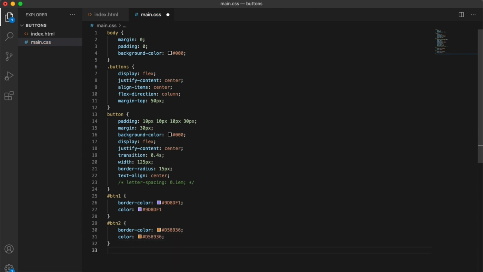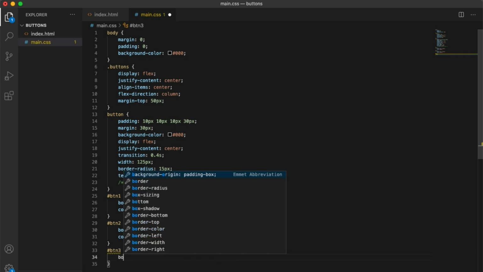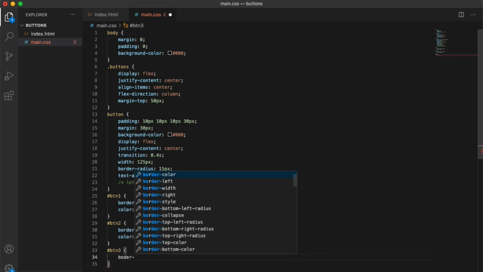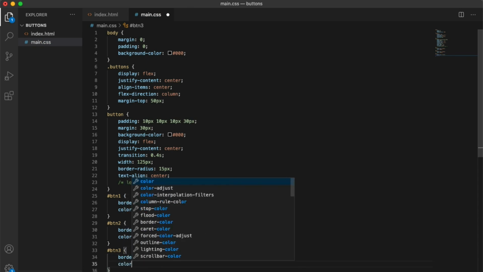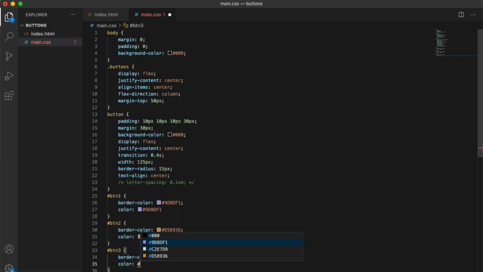And then BTN3, we'll do border color, and we will pass in C2E7D9. And then the color we will do exactly the same, so C2E7D9. Now if I save this and head back, we now have three different buttons that are slightly pushed more